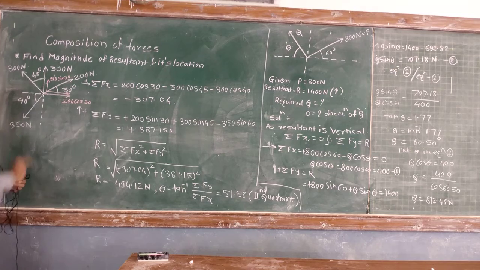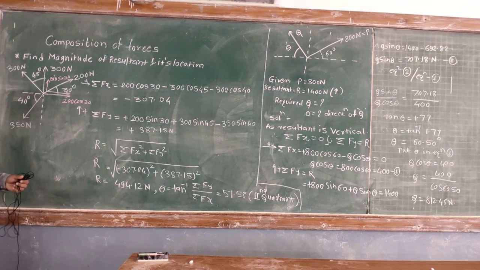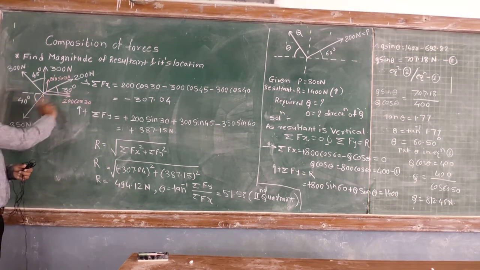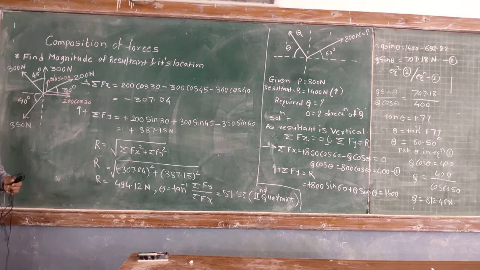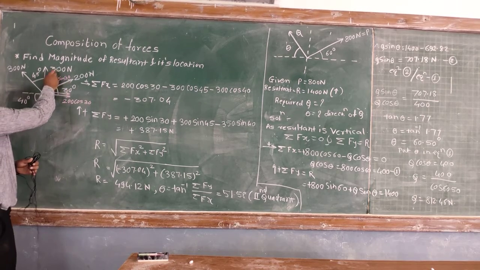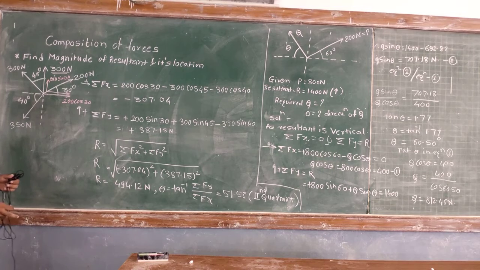Now the second force, that is 300 Newton. Can this force be resolved? Yes, we can resolve it into two components: one vertically upward and another the horizontal component. What is the horizontal component? 300 cos 90 degrees, that becomes 0. Therefore the x component of this force is 0, so we don't have to consider it. Consider this only one force, 300 Newton.